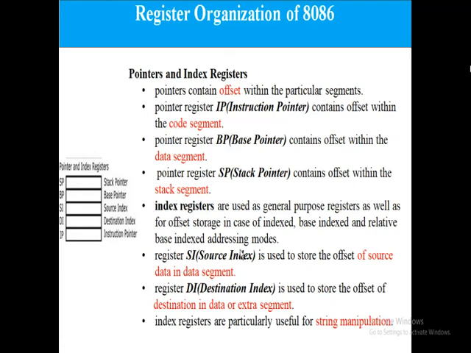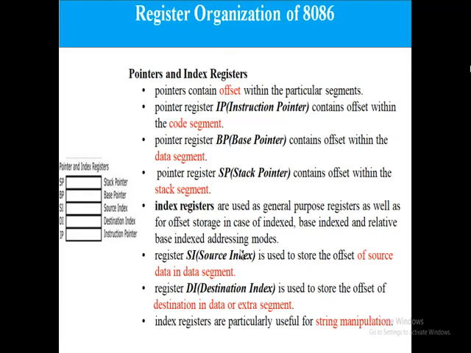When we use a stack, the stack pointer contains the offset address inside that stack segment memory.